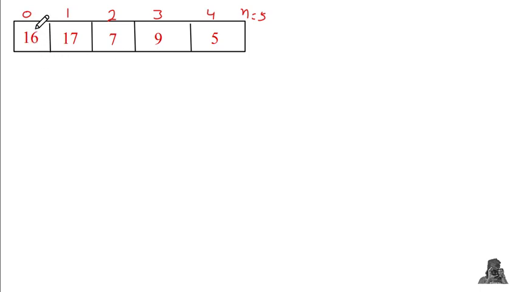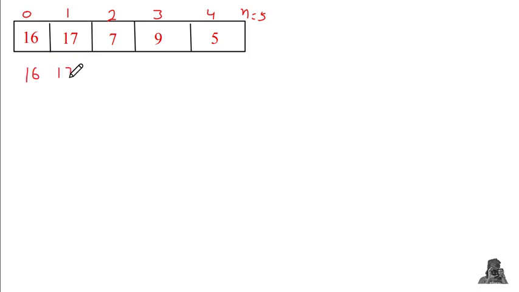According to bubble sort, we pick the first item and compare it with the immediate next item. If the first item is smaller than the immediate closest item, they are in order, so we will not do the swapping. Otherwise, we need to swap so that they become in order. In the first comparison, we compare 16 with 17. It's clear that 16 and 17 are in order, so no swapping is required, but we have compared, so one comparison will be there but no swapping.